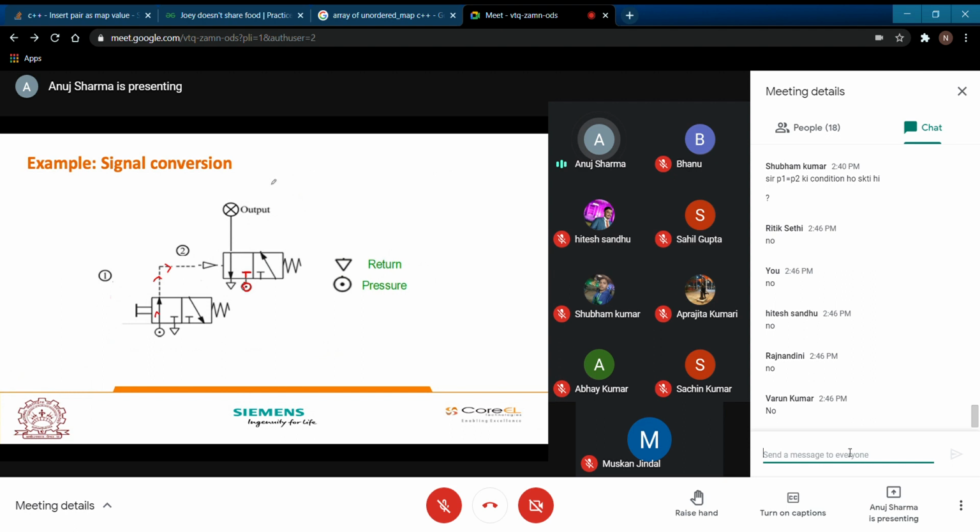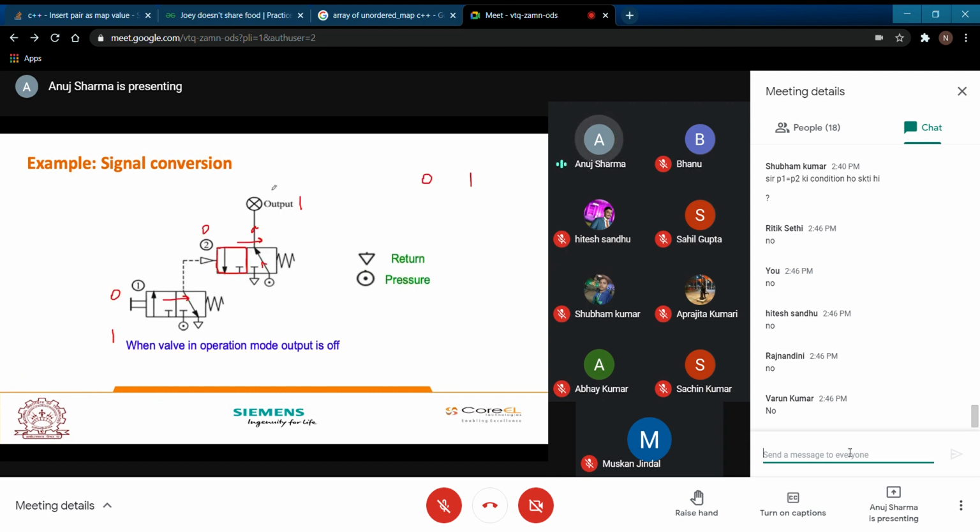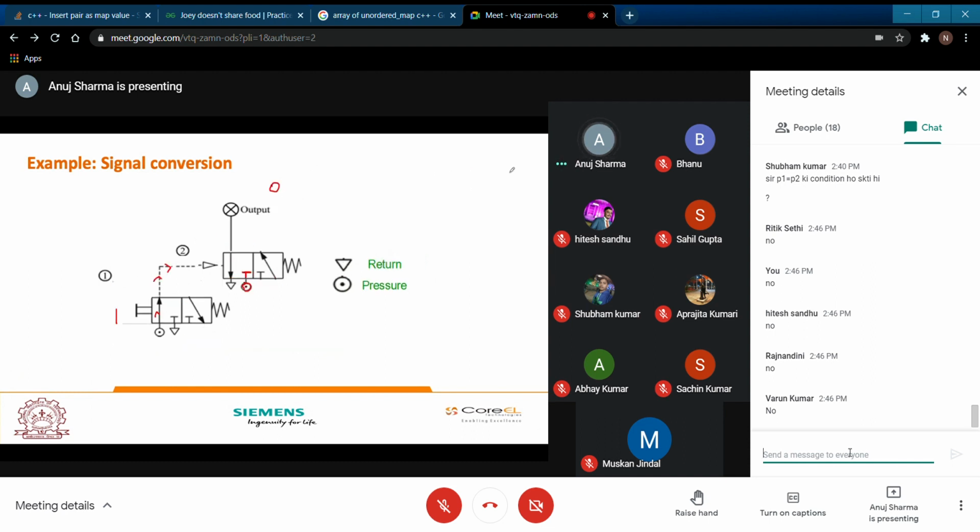No, you are not getting any output, so this is 0. So when your input is 1, your output is 0, and when your input was 0, your output was 1. So your truth table will be: for 0 it is 1, and for 1 it is 0.